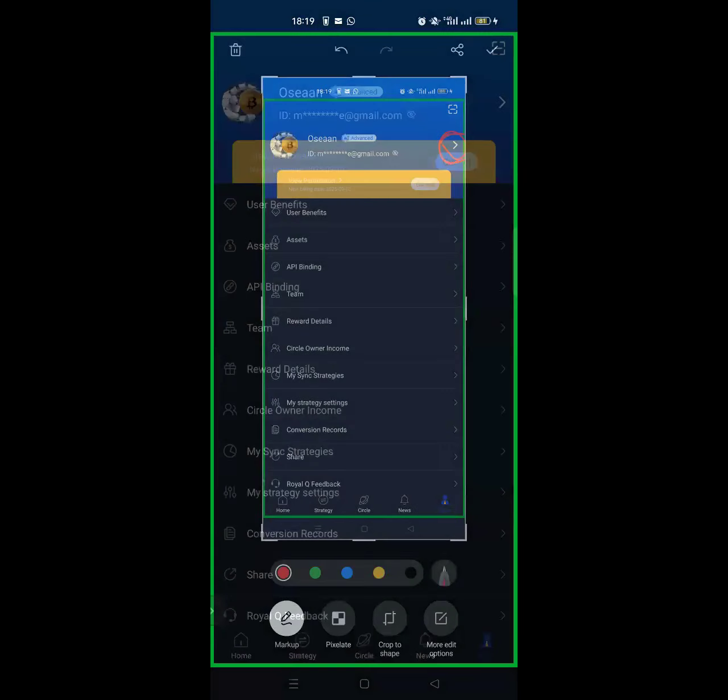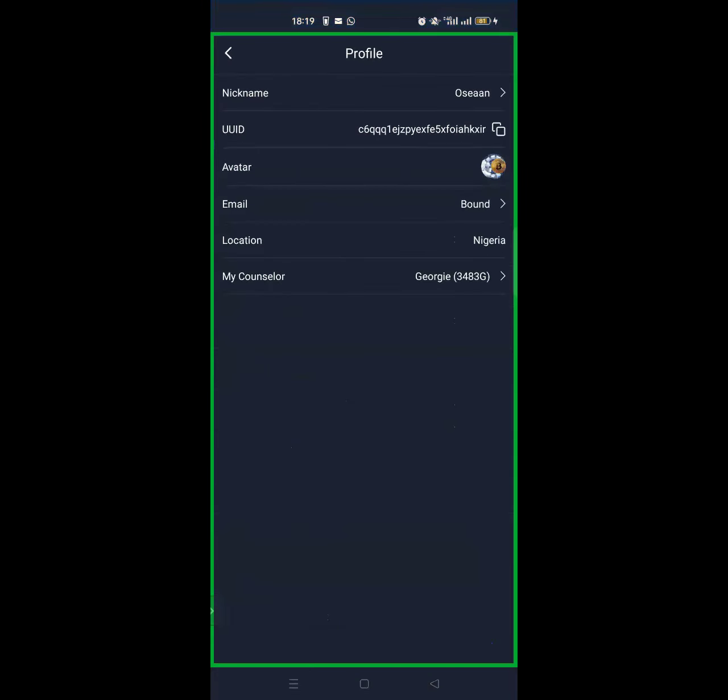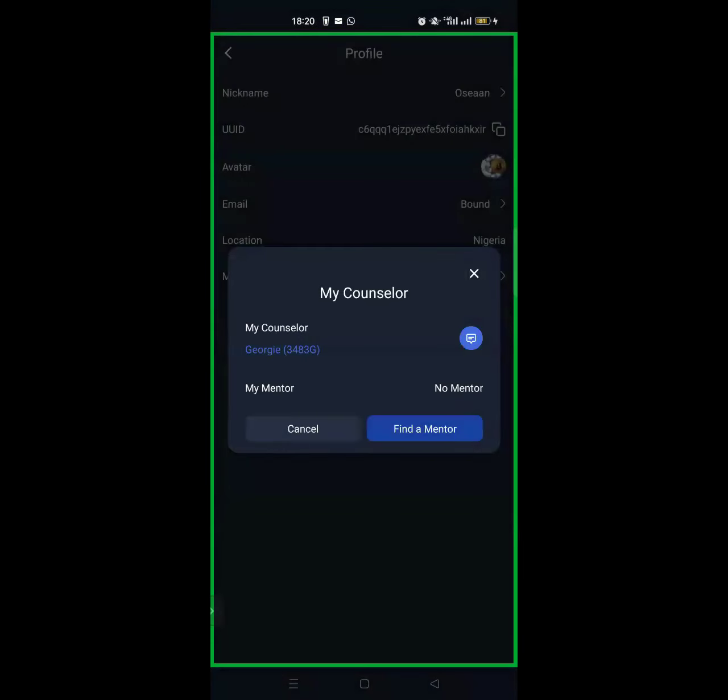So I'm going to click on it now, and once you click on it, you're going to be seeing the details. If they are using Android, you can see it like this. But if they are using iOS, you have to click on my counselor. Just tell them to click on my counselor regardless. Once they click on my counselor,